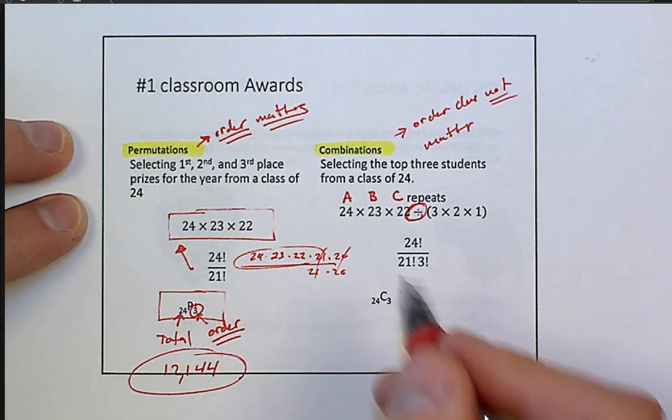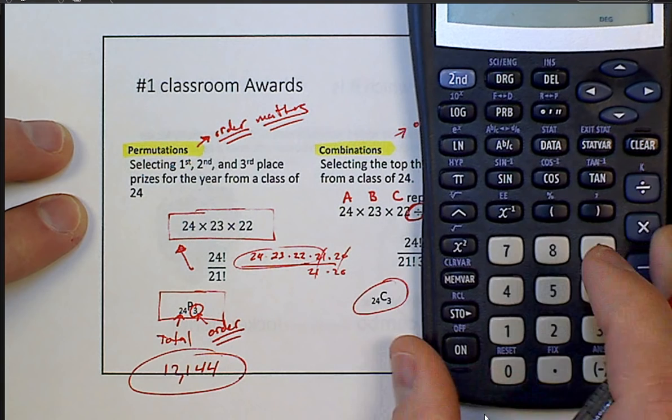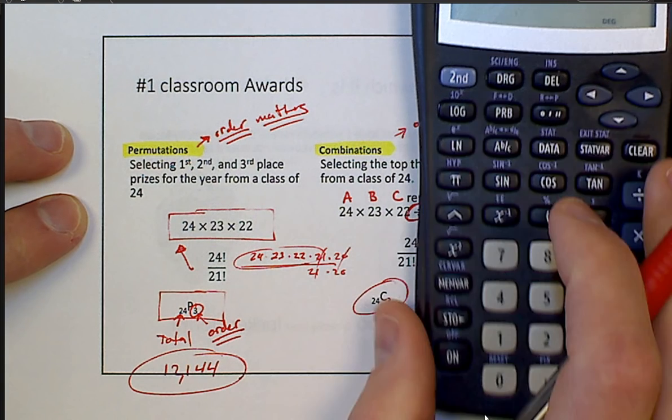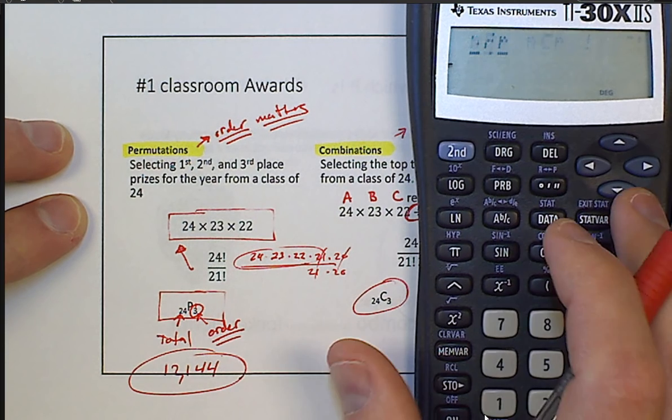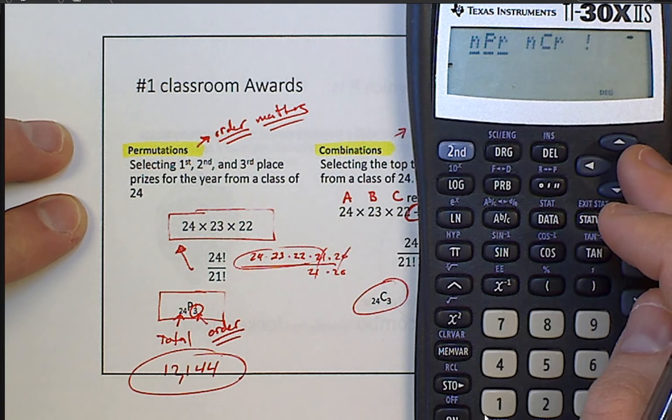So it can be a combination written like this. We use combination when we know that order does not matter, and it's very similar to what we just did. 24, hit your probability button. Okay, let me clear this, start over. 24, hit your probability button, and you just use your right arrow key, scroll over there, hit enter, hit in